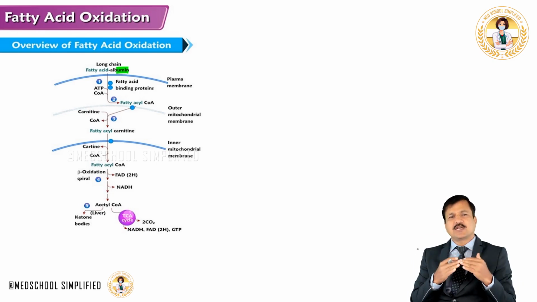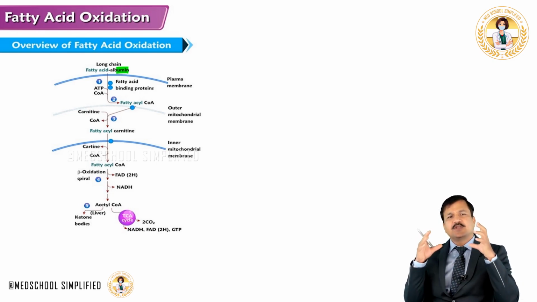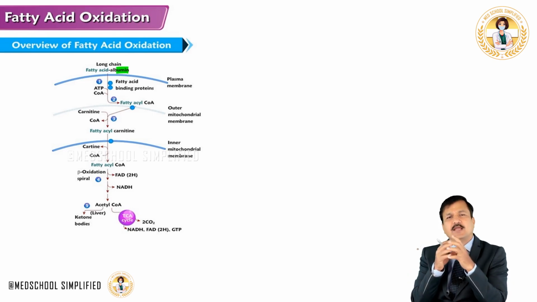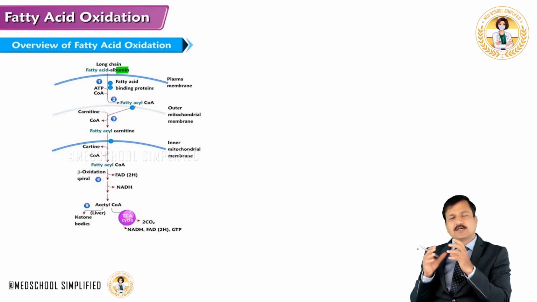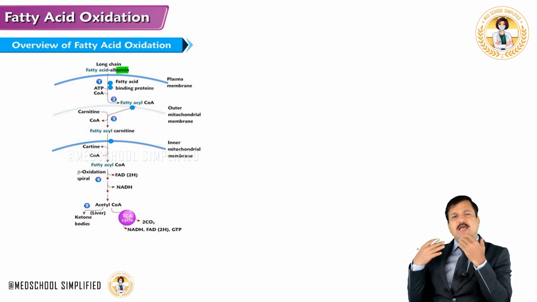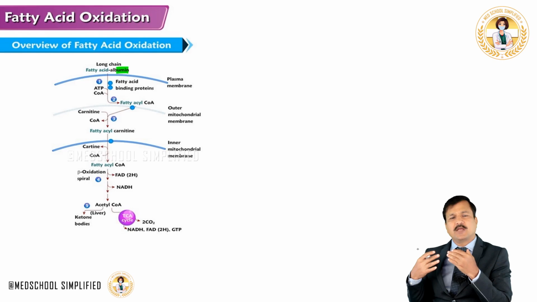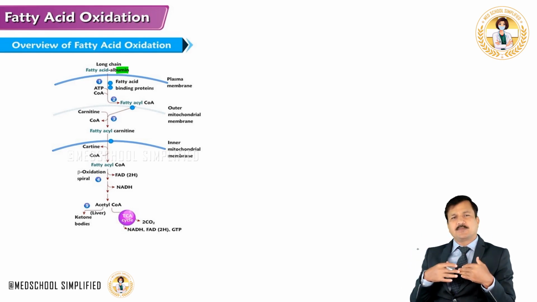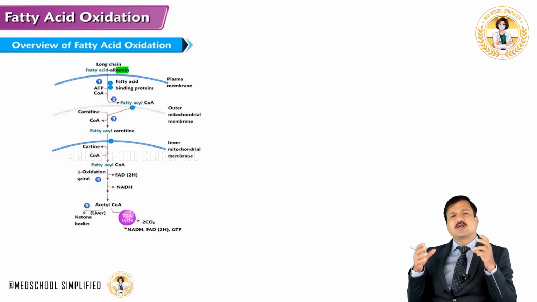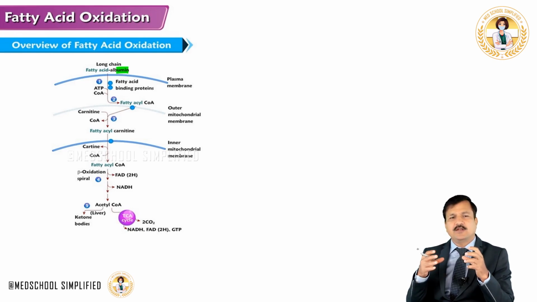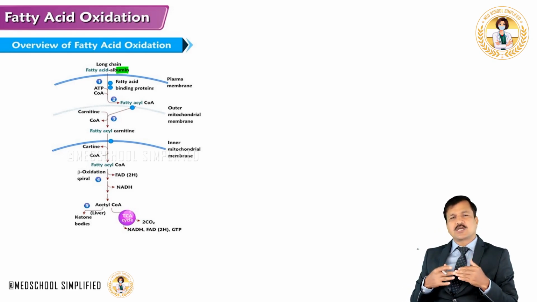Once it enters the cytoplasm, these long chain fatty acids are momentarily bound by a fatty acid binding protein, and later these fatty acids will be activated over the outer mitochondrial membrane and get into the intermembrane space. In the intermembrane space, long chain fatty acids are esterified with carnitine to become fatty acyl carnitine, and then fatty acyl carnitine is transported into the matrix of mitochondria,